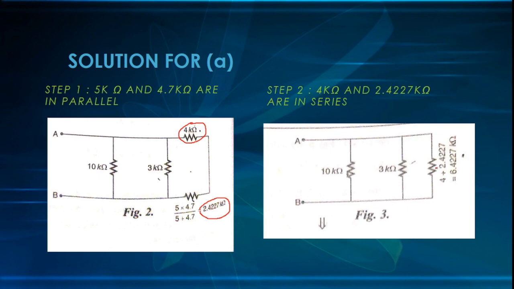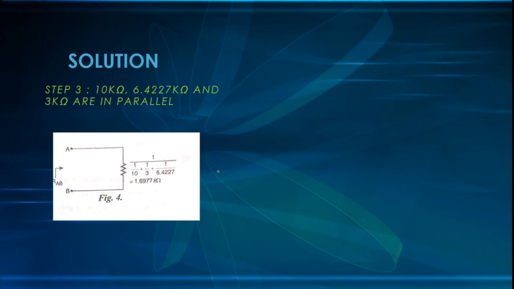Now look at these three resistors. All three are connected in a parallel combination. So in the next step, we are going to find the parallel combination. It is 1 by R1 plus 1 by R2 plus 1 by R3. Or we can use the equivalent resistance formula for three resistors, which is R1 R2 R3 divided by R1 into R2 plus R2 into R3